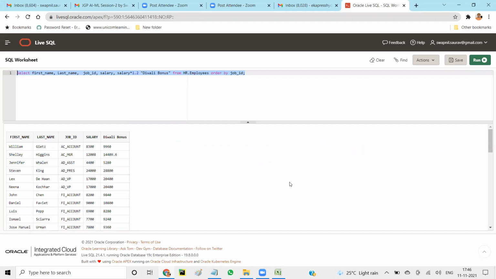Okay. Now let's say I want to create an email ID. There is a column called email ID, but let's say I don't want to use that. I want to create an email ID for every employee. So this is again a temporary column that I'm going to display. Let me delete all this. So the email ID should be first name,